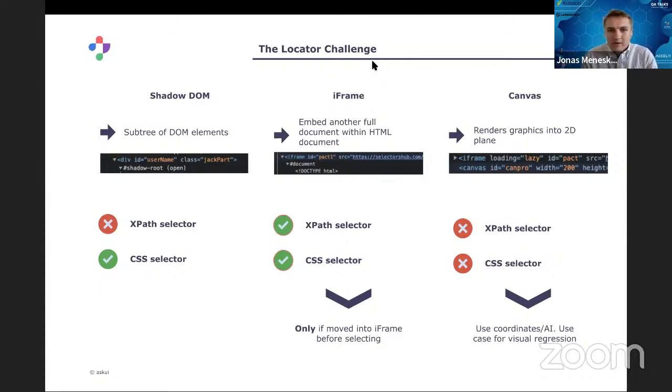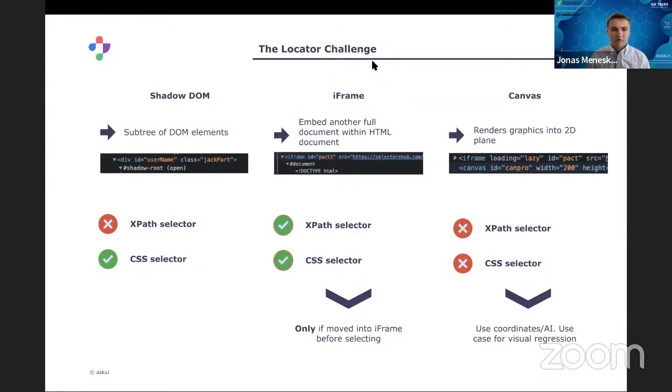What is it, and why is it so challenging? An element in the DOM is basically a subtree of DOM elements. A Shadow DOM means you have the document object model, and then there's a subtree of elements which you put inside, which are not in the actual outlying DOM. So their XPath selectors won't work.